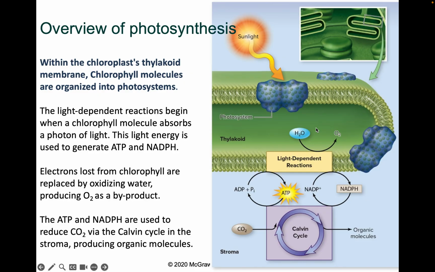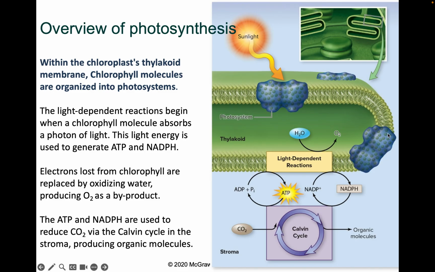And basically you need water. You get water and you break water into oxygen. And this is why oxygen is being released. I'll explain much later why we break water into oxygen in these reactions. So this is almost the opposite of the electron transport system, where we use oxygen and give it electrons to make water. Here, we break water to release the electrons to help us carry out these reactions. So that's why we get oxygen, and this oxygen is released from the stomas of the